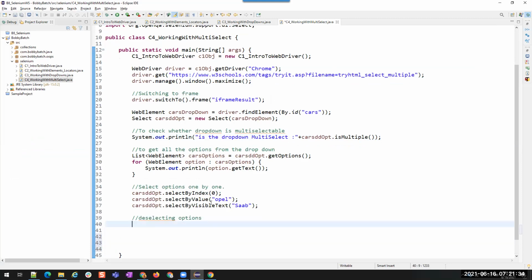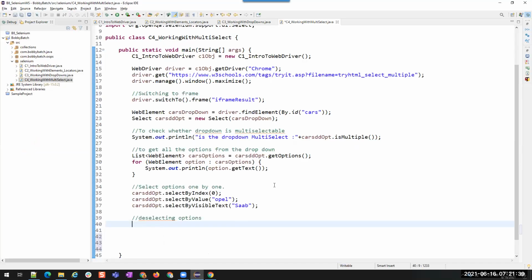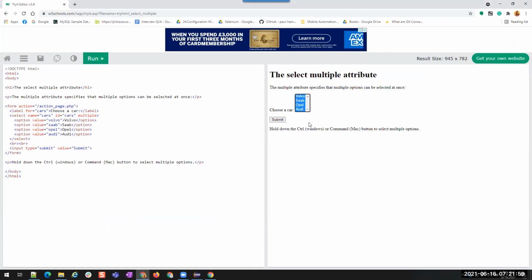Nikhil, one question. Yeah. So for select options one by one, what is the main key here that gets us one by one? Nothing one by one. We are selecting multi-select one by one for multi-select. Since the concept is multi-select, I did not write it. We cannot select all at once, right? Yeah. We cannot select like this. We are going to select whatever the options we want. Manually, if you want to select this, and if you click on the other one, the first one will be reset, right? Yeah. But here, manually we will select using control.